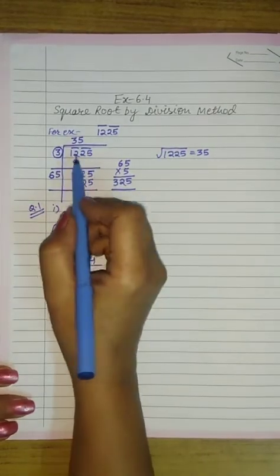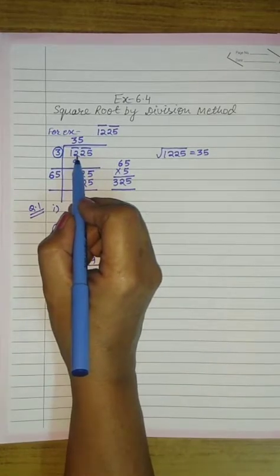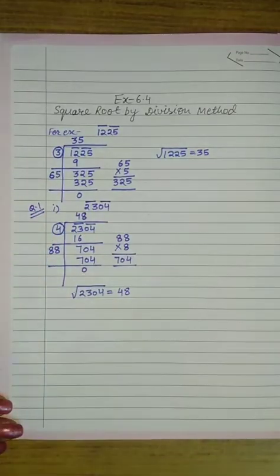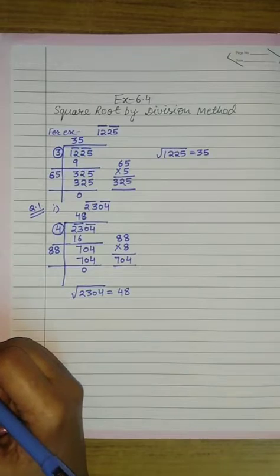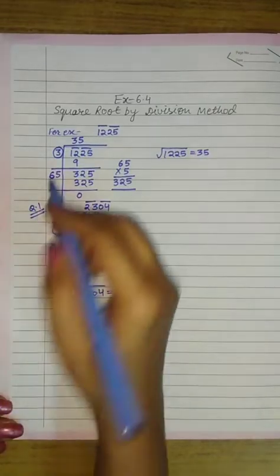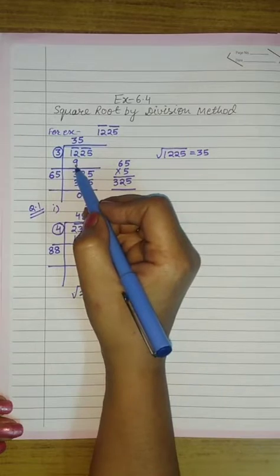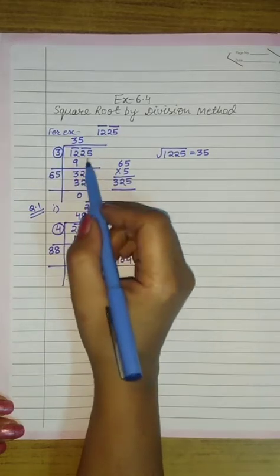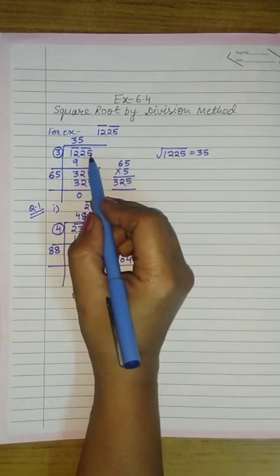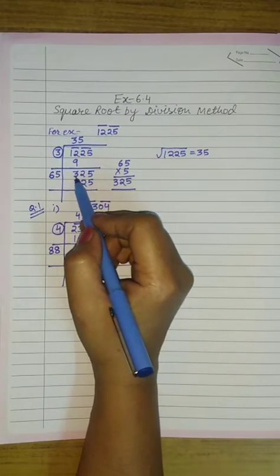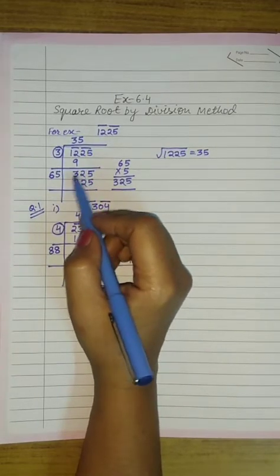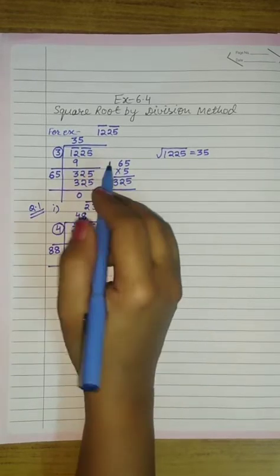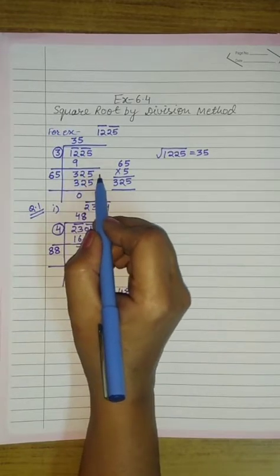So from the left side, the first bar is having number 12. So we will think of a number which on multiplying it by itself gives a number equal to or less than 12. So one such number is 3 into 3 is 9. So we will subtract 9 from 12, that is 3. Now we will bring down the number under next bar to the right side of the remainder. Our remainder was 3. So on the right side we have taken 25, which was the number under second bar. So now our new dividend is 325.